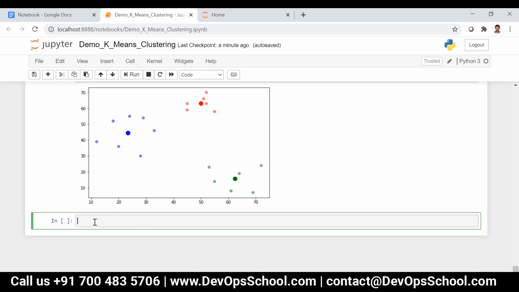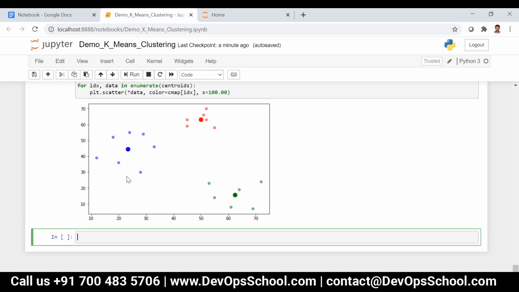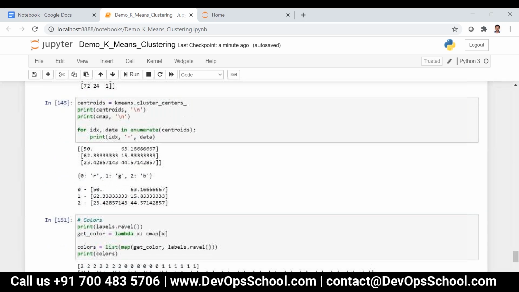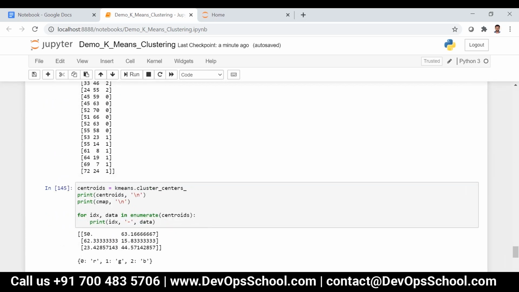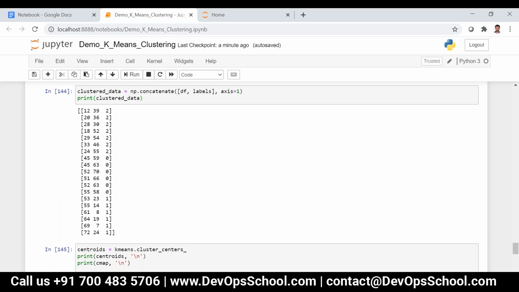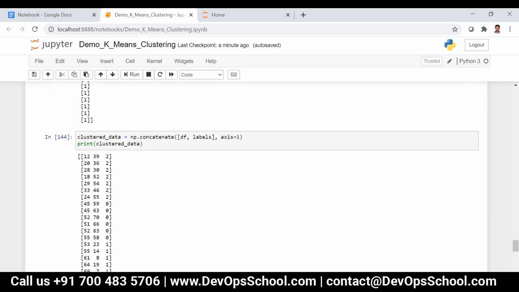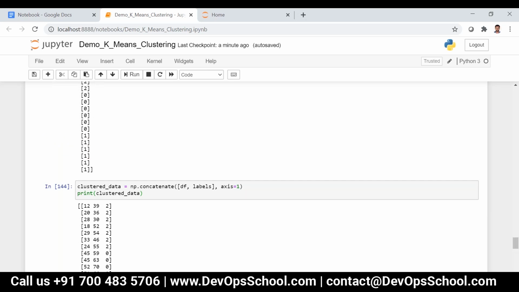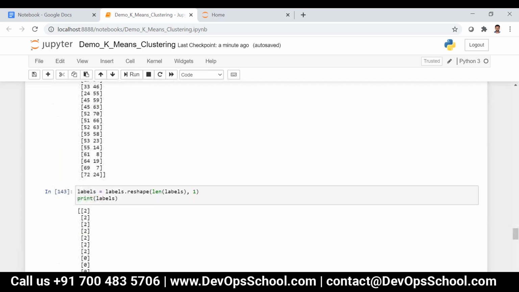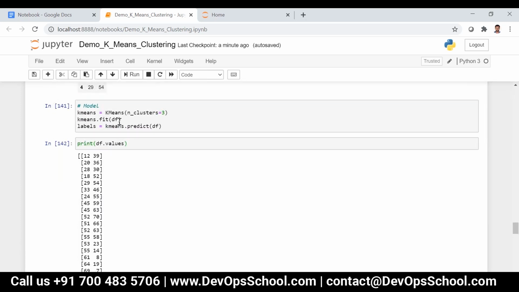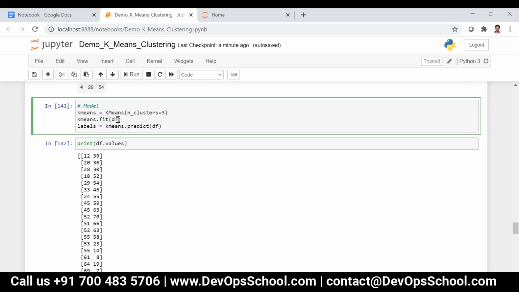When you do the k-means fit, will it accept any kind of data, or should it be a 2D array? It should be a minimum 2D array. It will not accept a one-dimensional array, because so far I have tried machine learning models with 2D arrays only. If you give a one-dimensional array, it will not give output, it will give you an error. Minimum 2D array, and maximum it can keep on growing.